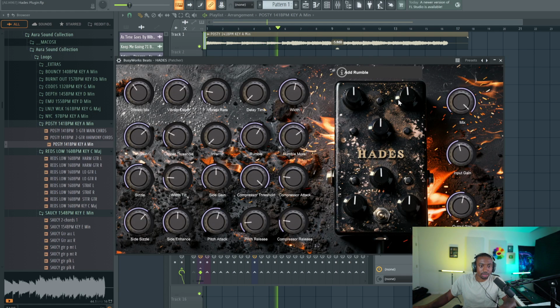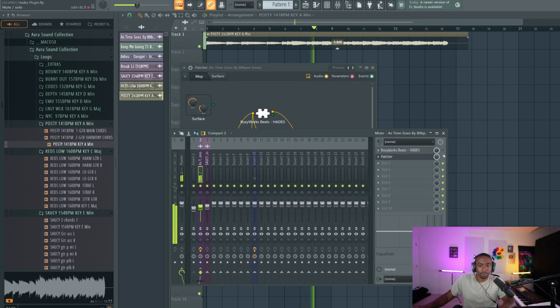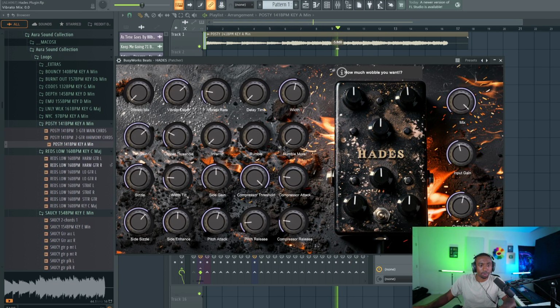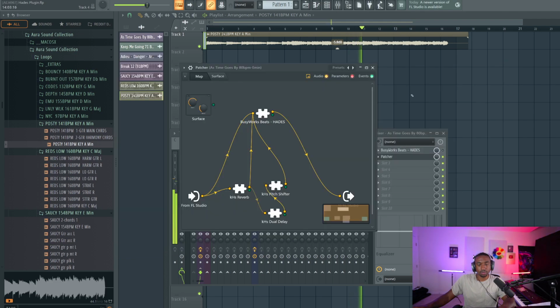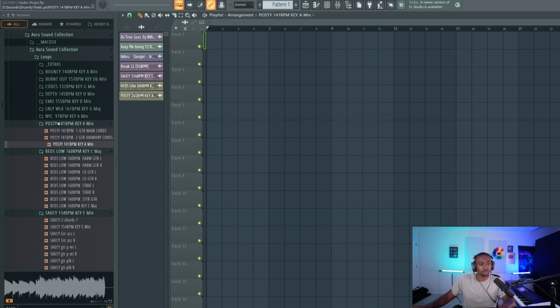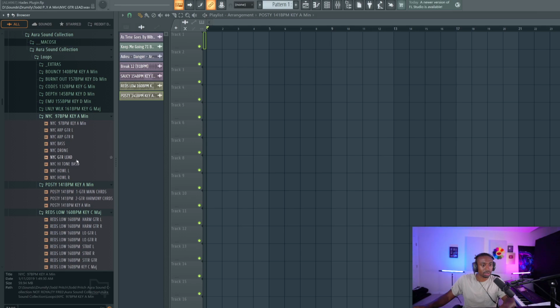Let's see in Hades, let's turn the vibrato off completely. Okay, so it's the strumming on that one that I didn't really like. Now this one's pretty dope.